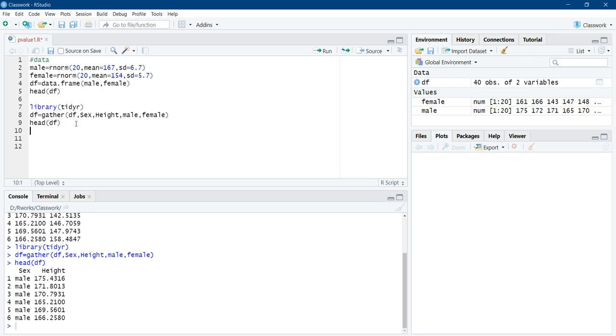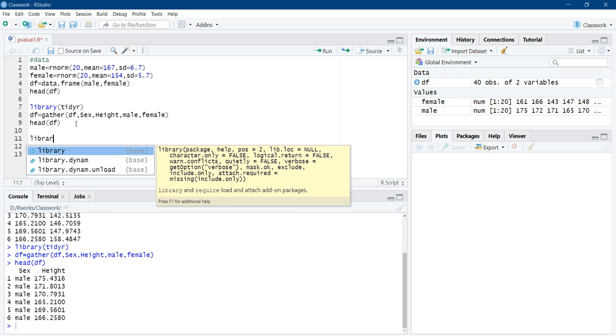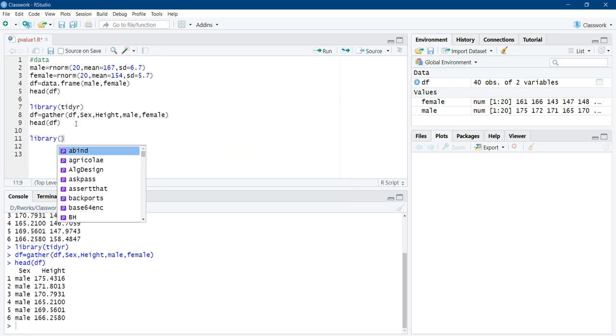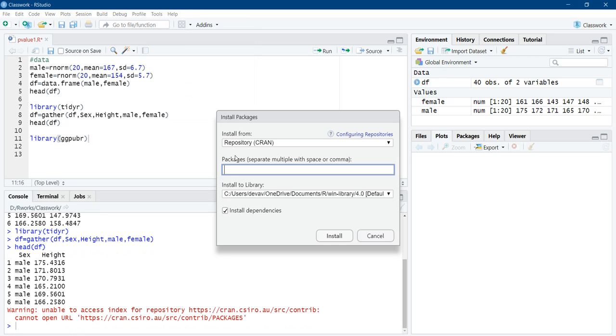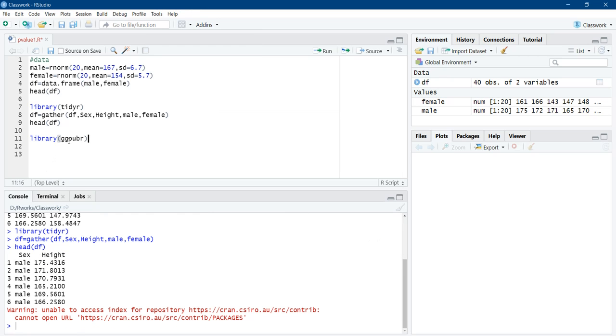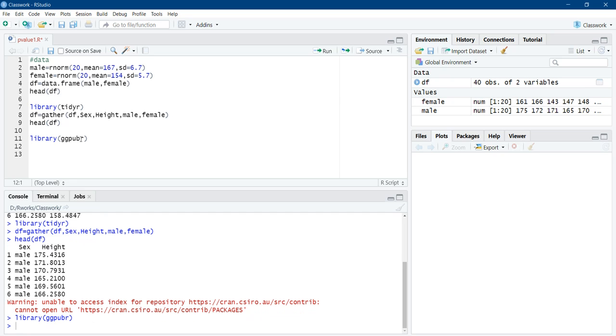Here in this session, I will introduce you to package ggpubr. This package is very useful as it makes it easy to plot ggplot2 plots. It's an extension to ggplot. If you have not installed this package ggpubr, install it using tools or from the script window. I will run library ggpubr, control enter, and we will use the function